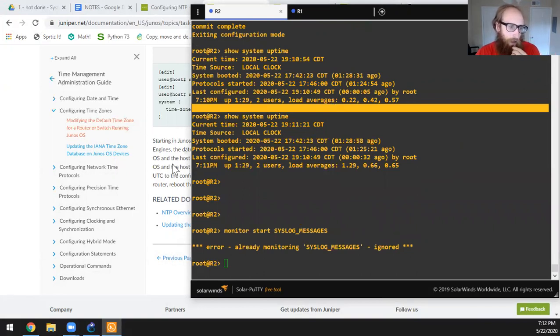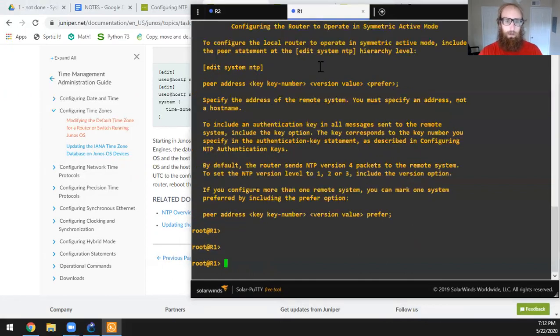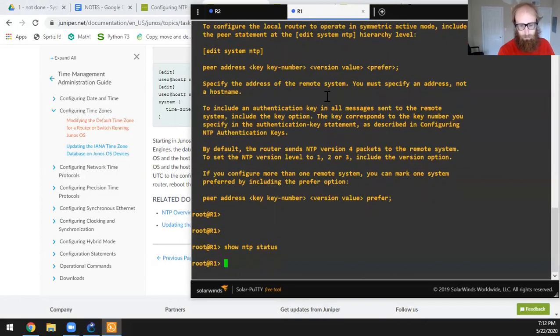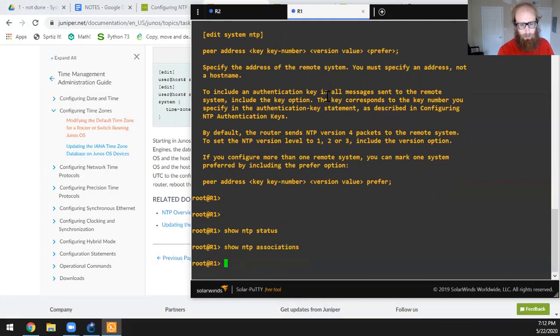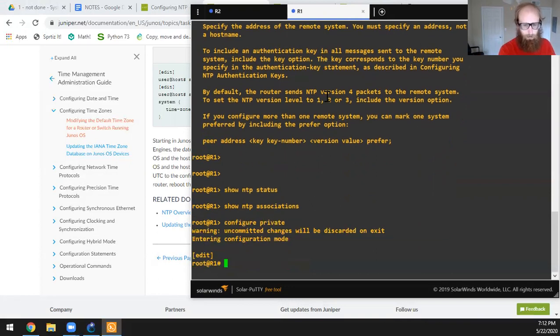I guess another thing I can do is, so NTP should be in use all across the network. So I can push out NTP updates from router 2 over to router 1, and router 1 can have NTP, because right now if I do a show NTP status, we got nothing. Show NTP associations, we got nothing. But if I go configure private and I do edit system NTP,